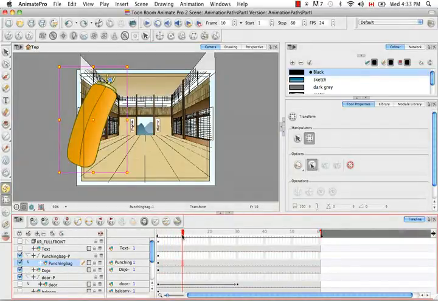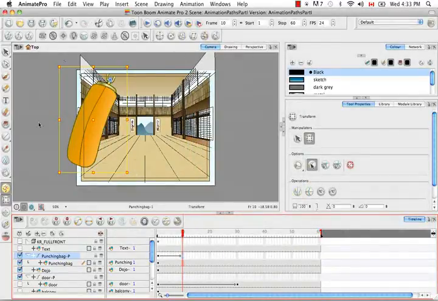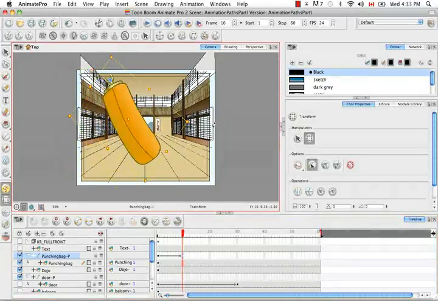we can take a look at the second way of adding a keyframe, and that's by right-clicking on the cell where you would like to put the keyframe and selecting the menu item Insert Keyframe. Then in the camera view, let's select the corner of the bounding box again and rotate it in the opposite